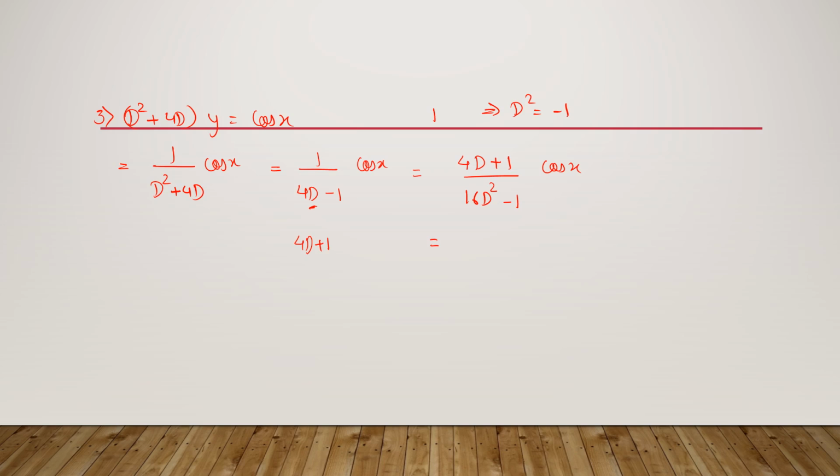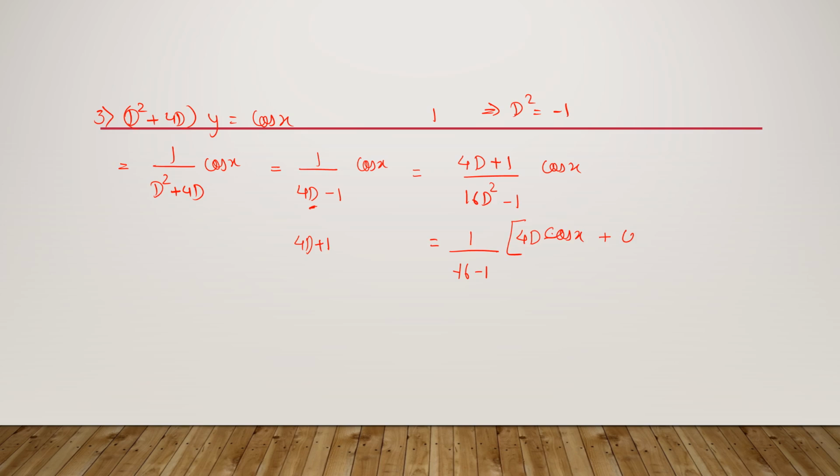So over here, simply operate 4D plus 1 on cos x separately and find the corresponding denominator. After substituting D square equal to minus 1, we get minus 16 minus 1 into 4D plus 4D cos of x